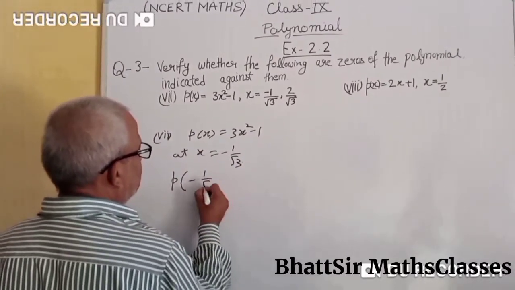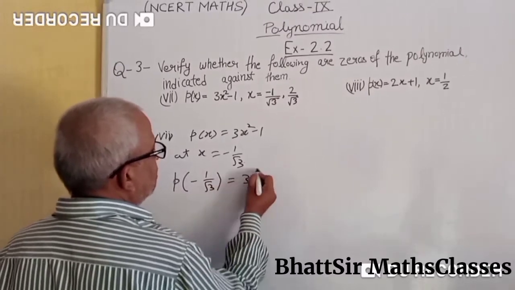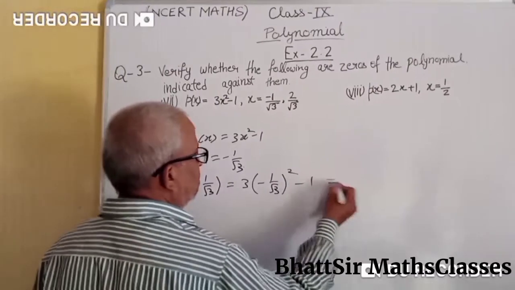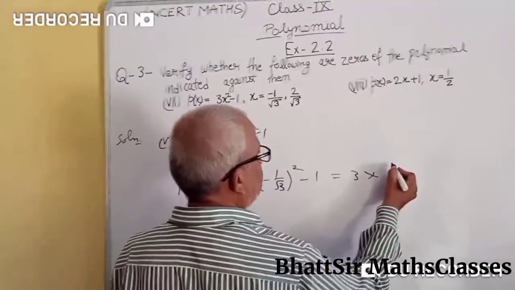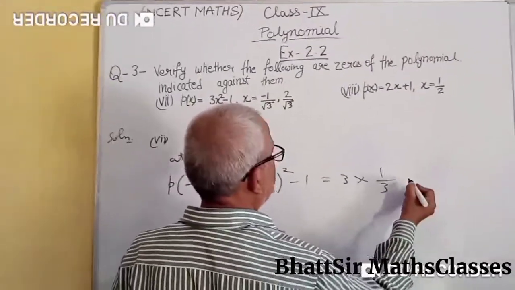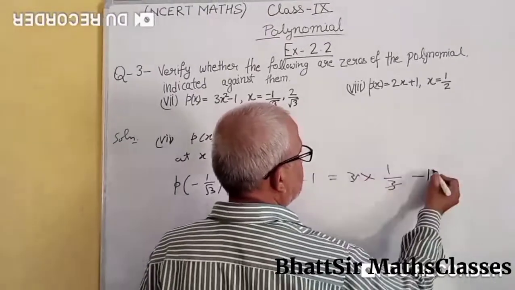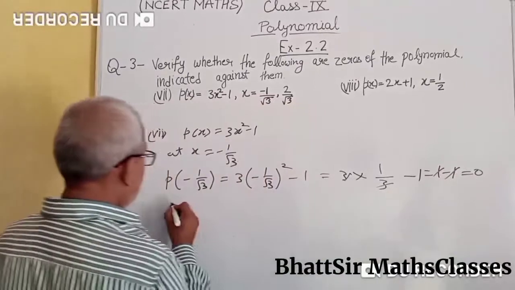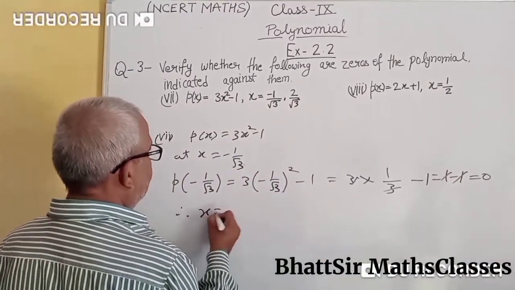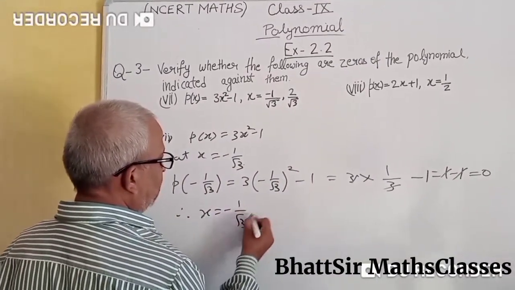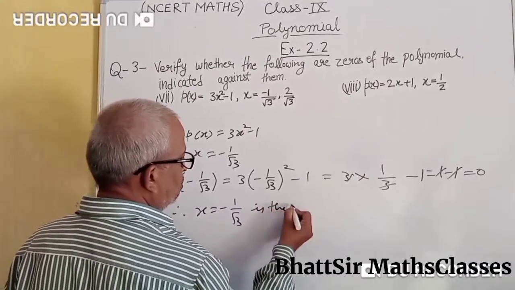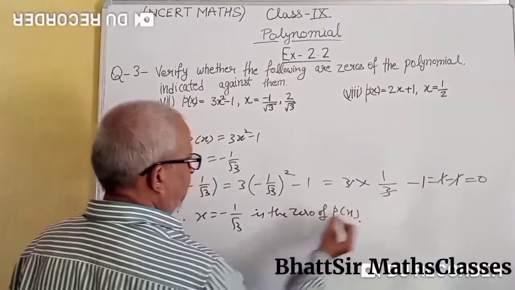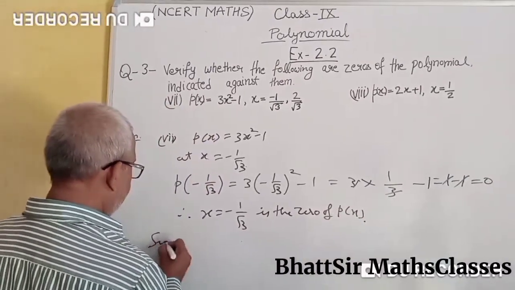P(minus 1 upon root 3) equal to 3 times (minus 1 upon root 3) square minus 1, equal to 3 into 1 upon 3 minus 1, equal to 1 minus 1, equal to 0. Therefore, x equal to minus 1 upon root 3 is the zero of P(x). Similarly,